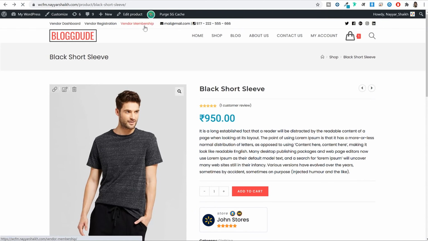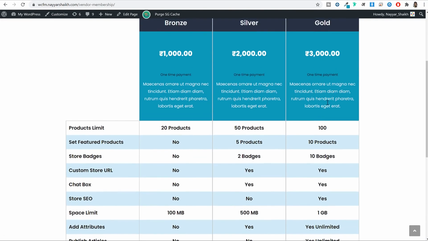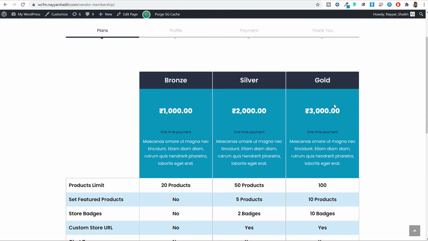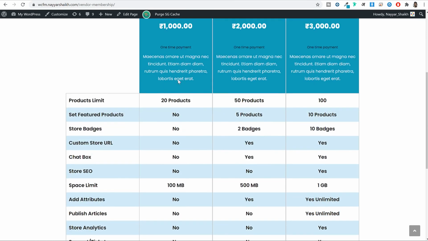This thing will display under vendor membership. So as you can see over here, you can create different membership plans, which I don't recommend. I think the vendor commission is the best option, but if you want, you can create different membership plans as well. So under membership plan, what happens is if a person purchases this bronze plan, for example, they can create